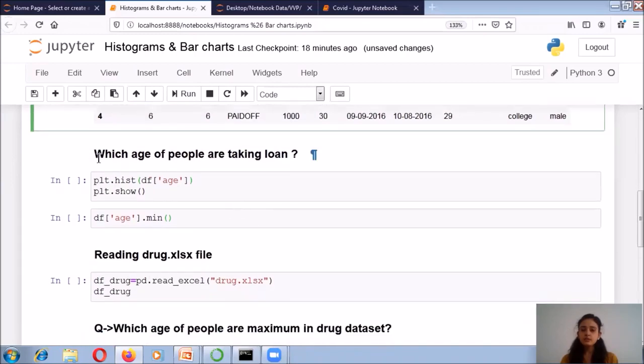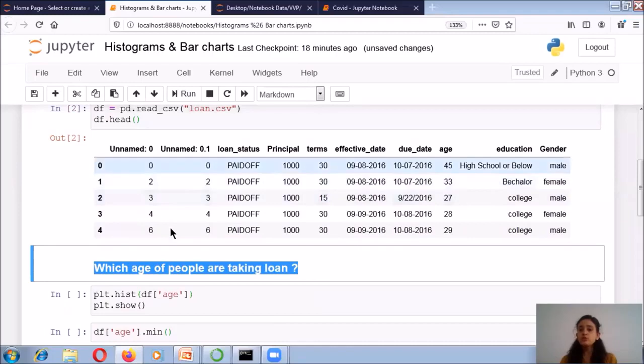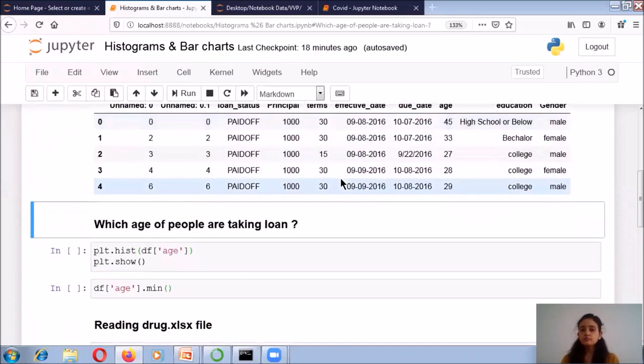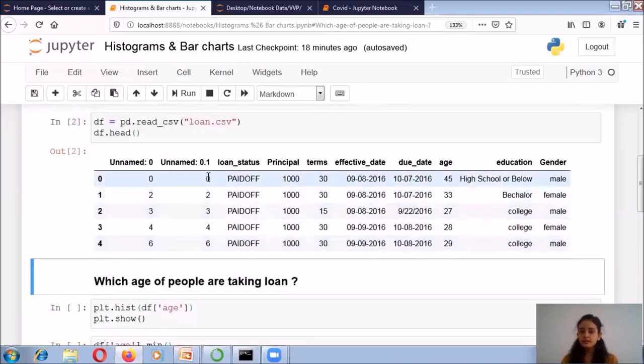Now the question is, which age of people are taking the loan? From the data set, I want to do analysis and get the answer to this question. In my data set, you can see there is the loan status, whether the loan is paid or still remaining.